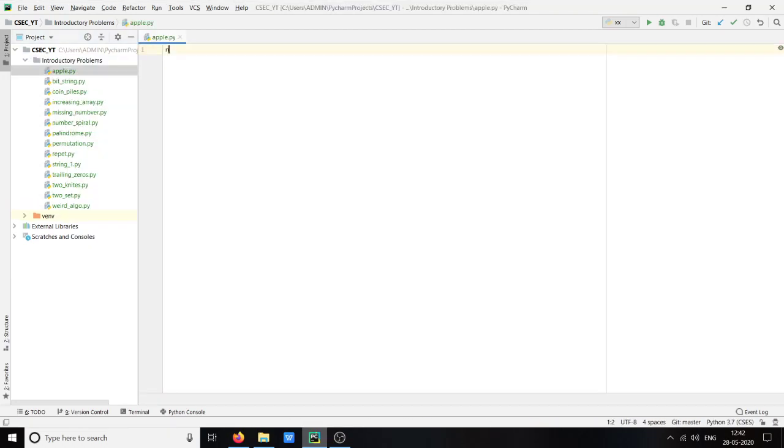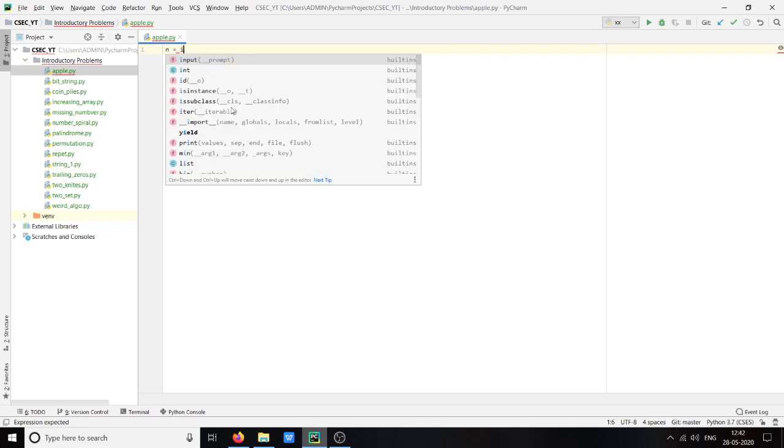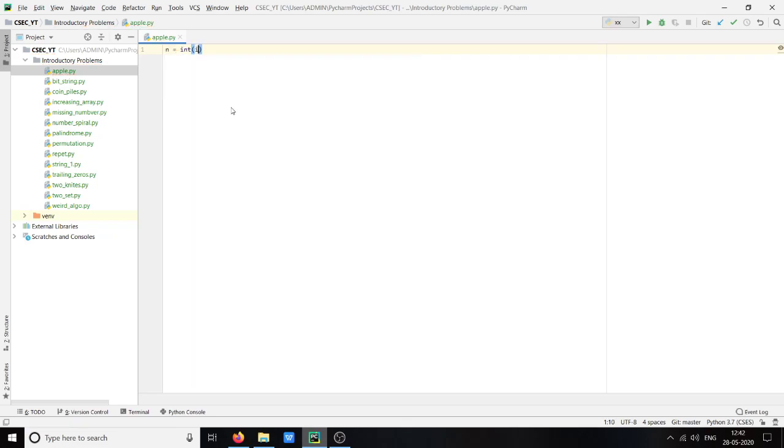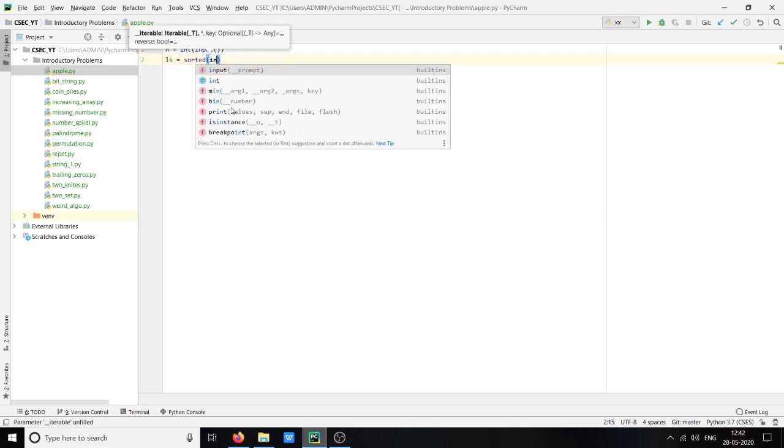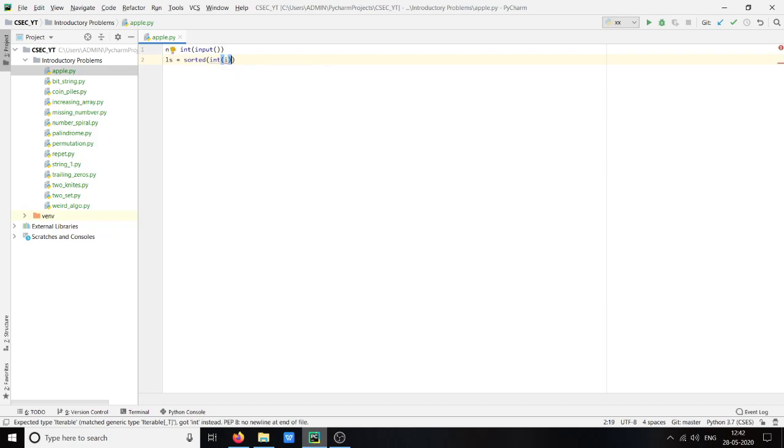Well, first input will be the feature input. Second input will be a list, which will be ls, actually a sorted list of integer I for I in input dot split. Okay, we will now find the sum of all the elements, which is sum of